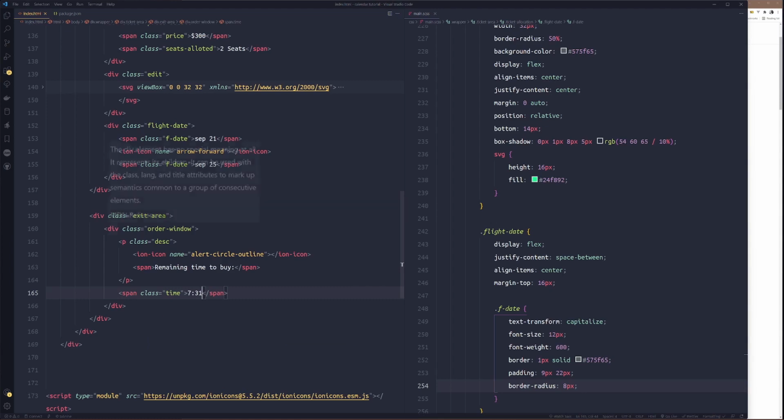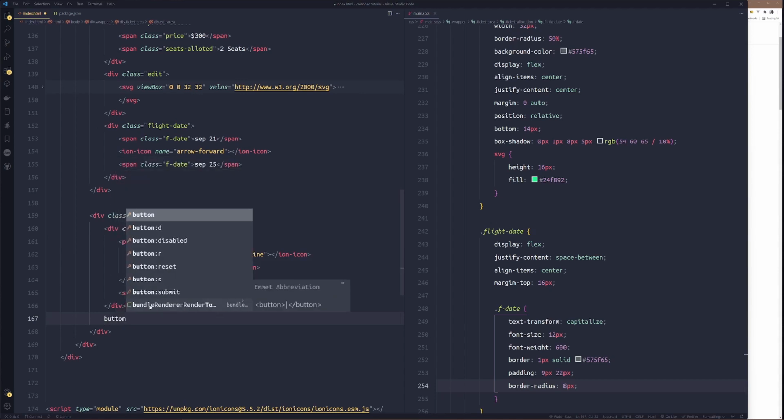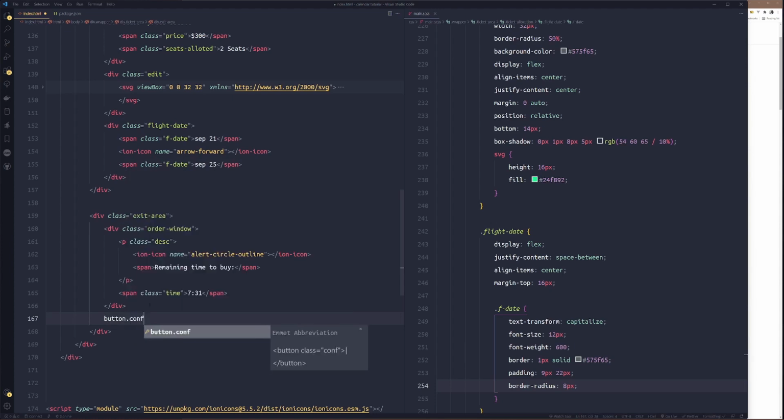So meaning if we add a flex to this other window, we will use justify content to space this from this one, right? Then just after the other window, our last element we need to style for this tutorial is the button to confirm the edits.